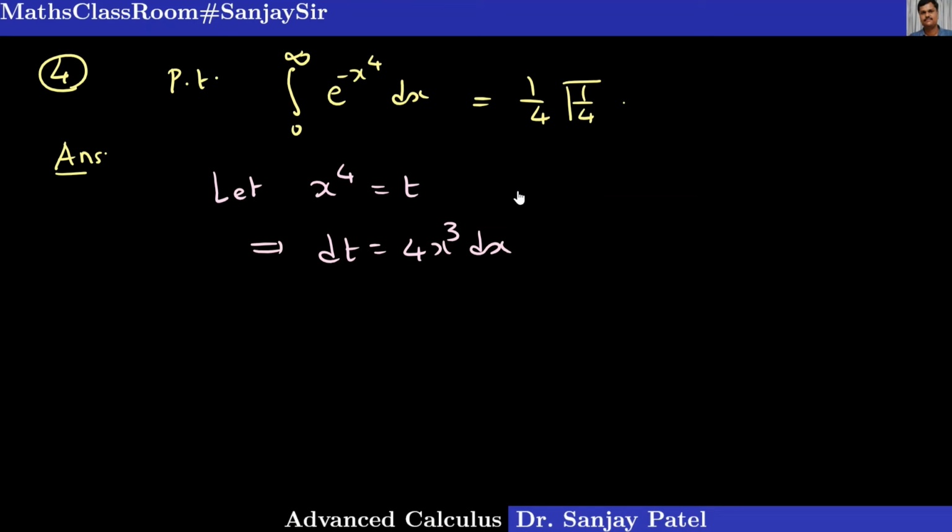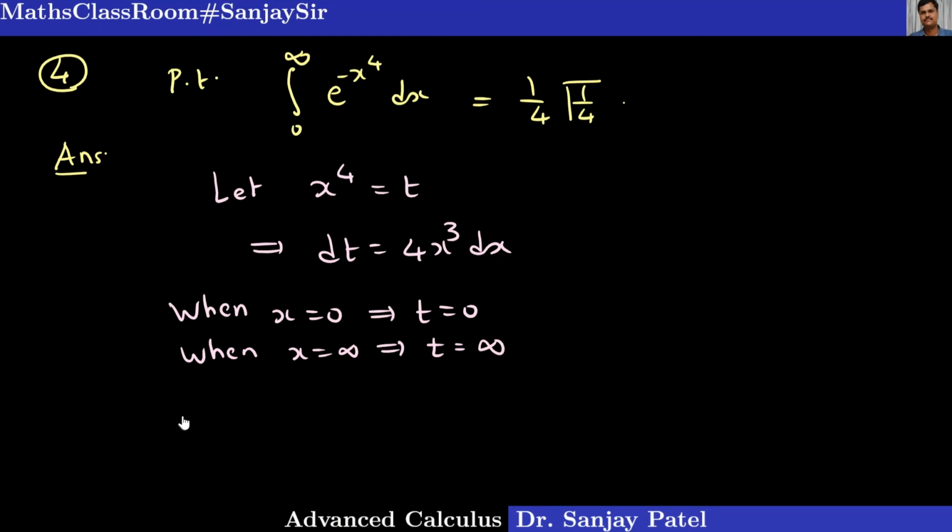And not only that, when x equal to 0, we have t is equal to 0, and when x is equal to infinity, we have t is equal to infinity. So therefore the given integral, that is 0 to infinity